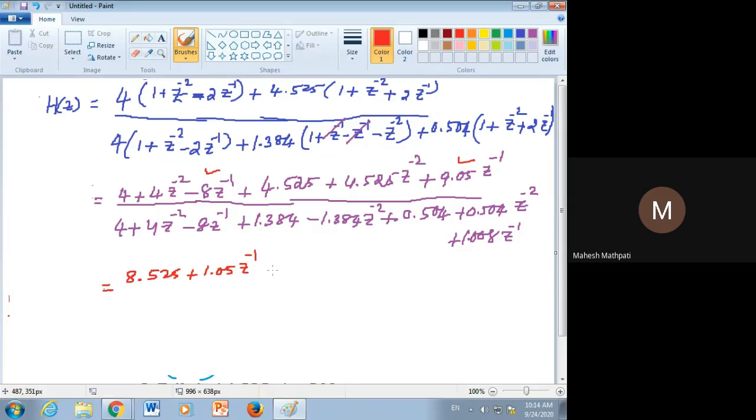Then we will add these terms now, like 4 z square and 4.525 z power minus 2. What is the value again? It's going to be plus 8.525 z power minus 2 divided by,